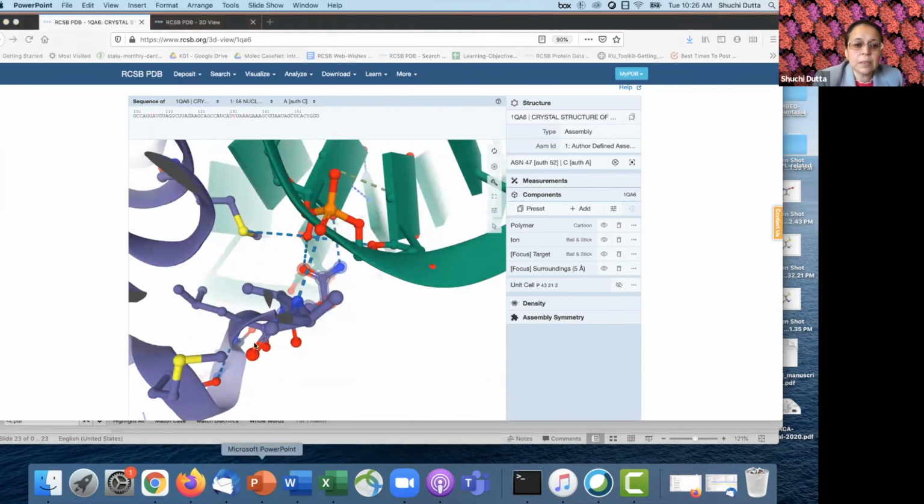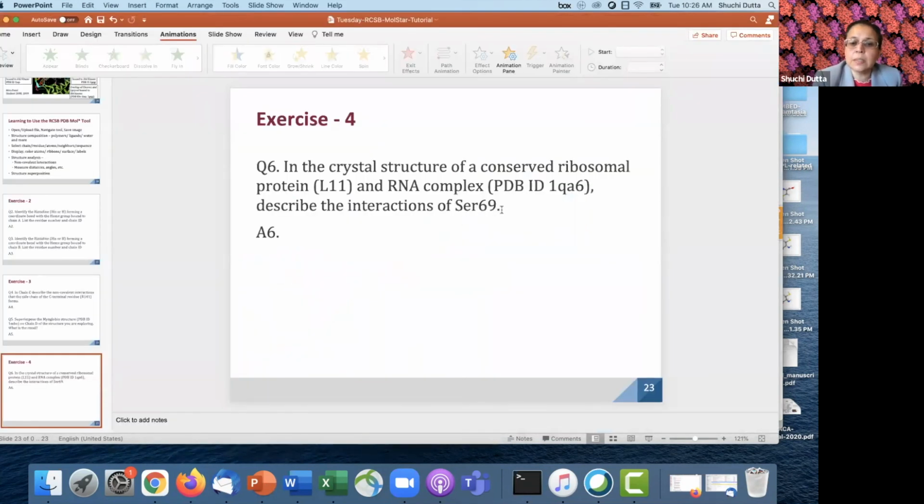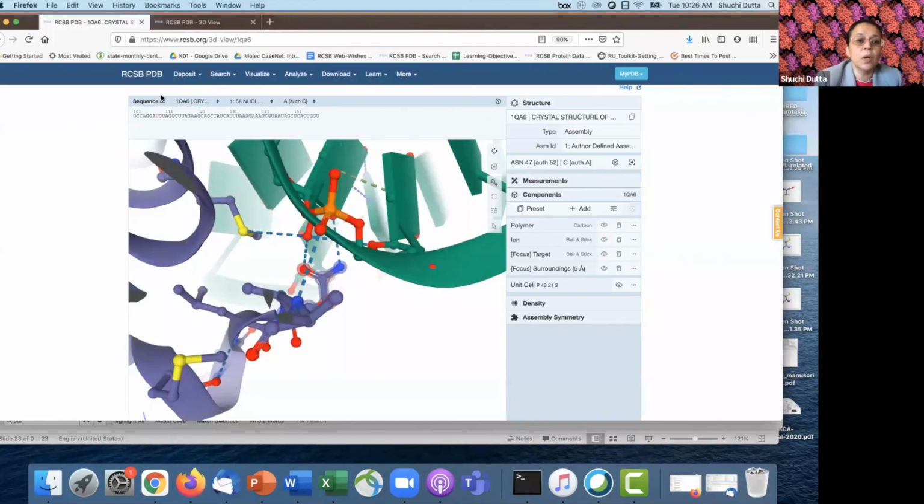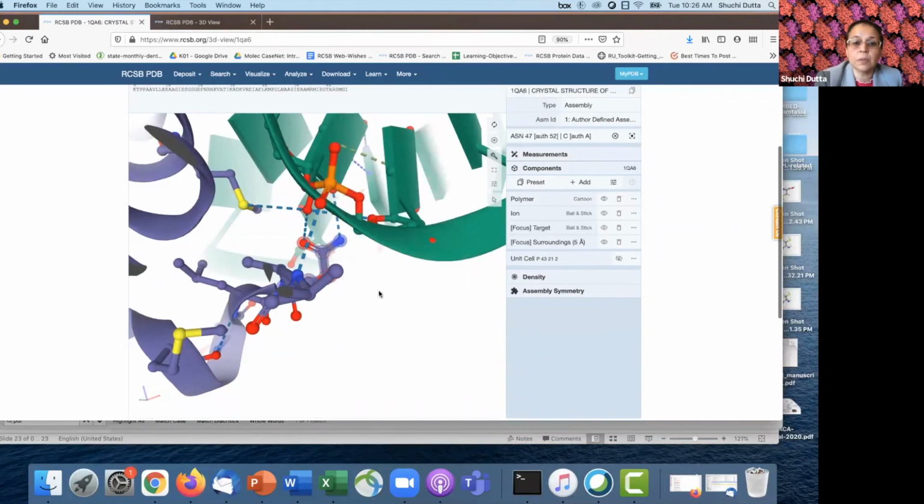I think the question asks you to look at serine 69, because that was determined to be a critical amino acid in the function of this particular protein. So if we go to the sequence and look at the ribosomal protein, serine 69 is this one, because I'm looking at 66 and so on. And if I look at the bottom here also,